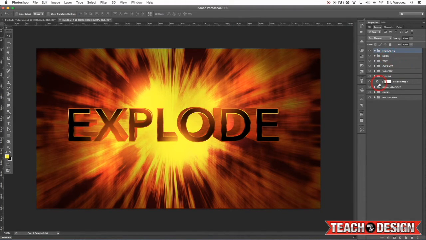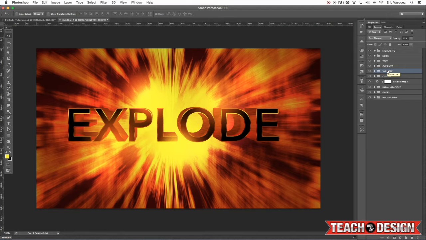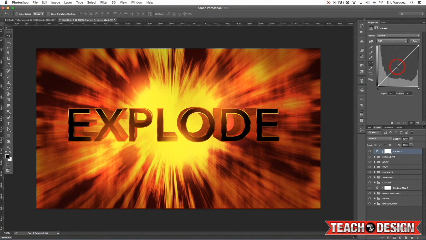Alright, so now that we have everything set up here, we can just make a few more tweaks. So maybe we want to lower the opacity of this vignette a little bit. You can just select the folder, press the numbers on your keyboard to go by increments of 10. So by pressing 5, 50%, 6 is 60%, and so forth. Come up to our top folder here of highlights, and then we will apply a curves adjustment layer. Now from there, I'm going to move this middle point up a little bit to make the whole image a little brighter,